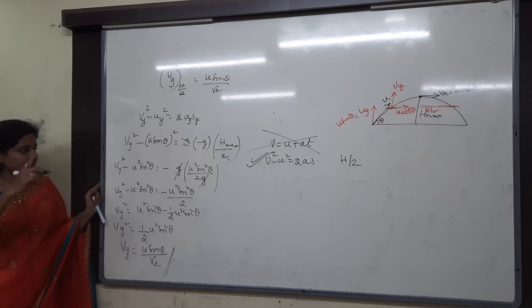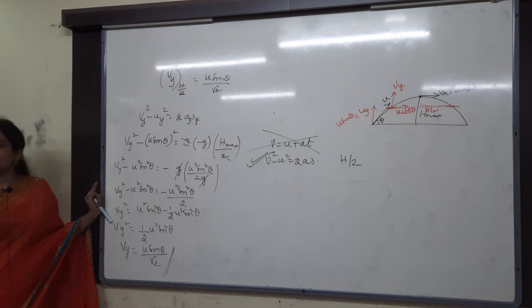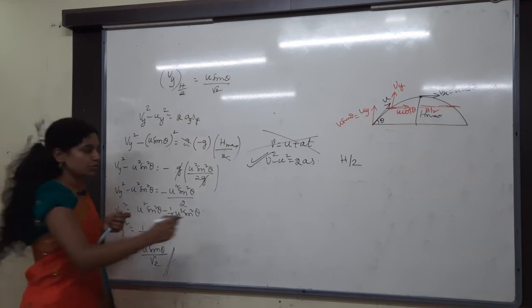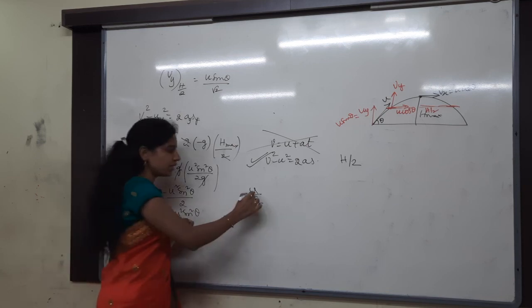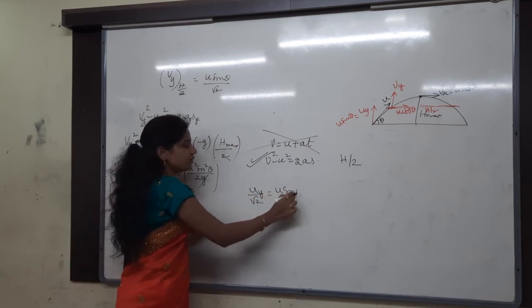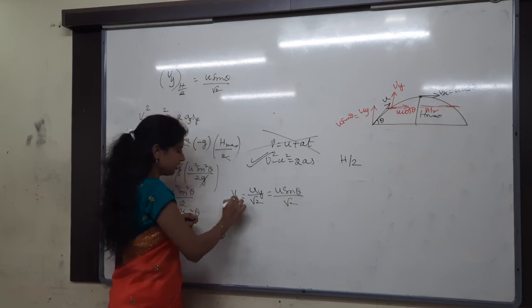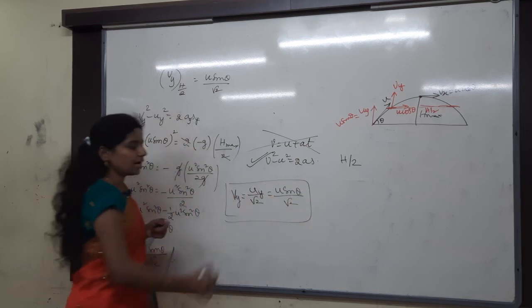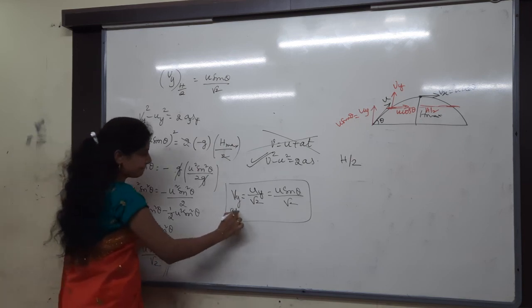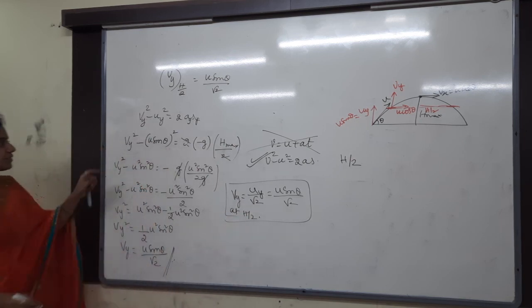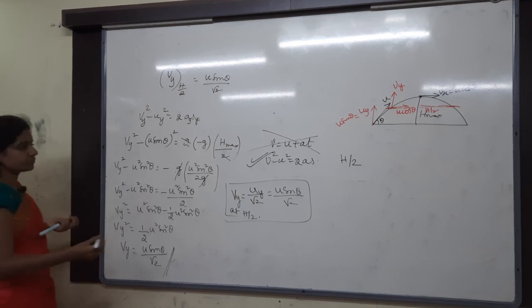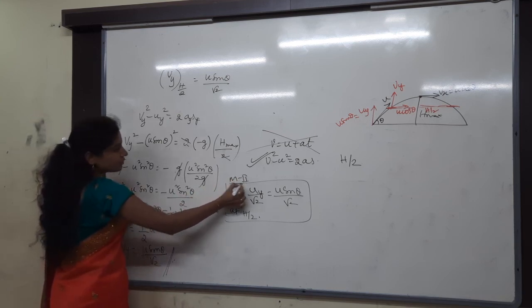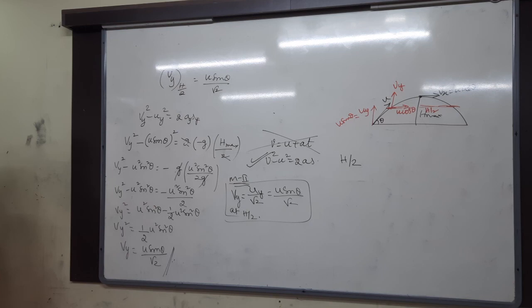Clear? And Uday has given one very good idea: whoever knows motion under gravity can do that easily. Motion under gravity, what is the formula at half of the maximum height? U by root 2. Along which component did I ask? The Y component, so Uy by root 2. The Uy formula is u sin theta by root 2. Very good, Uday. So this is the velocity at half of the maximum height. Is this clear or shall I explain again? Clear, right? Whoever knows motion under gravity can do this one, if you remember the formula properly.